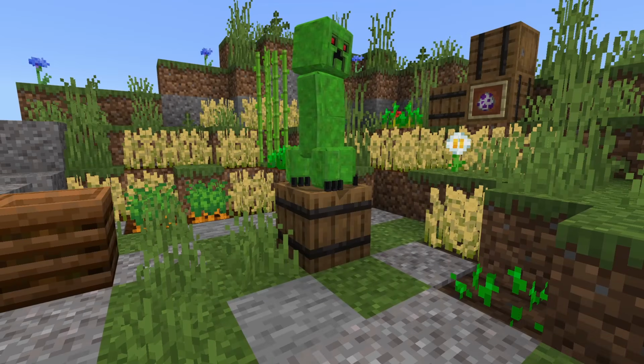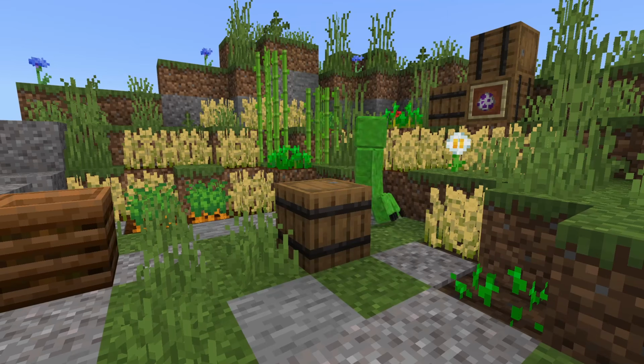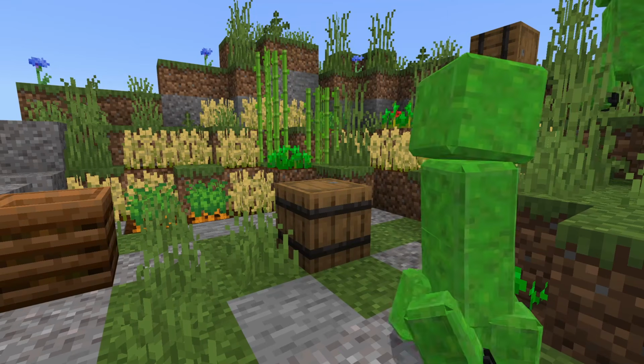And that's the secret as to how you get your custom-made 3D animated models straight from Blockbench into Bedrock Edition